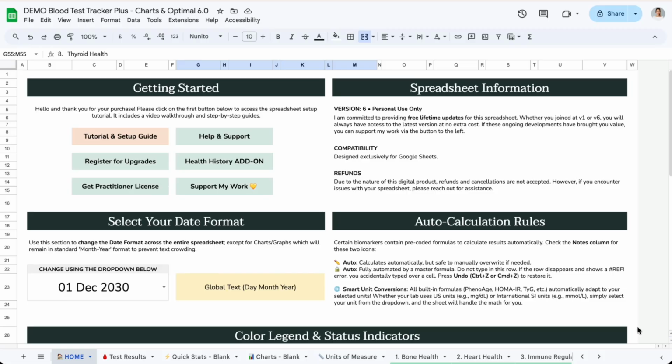So to begin, this is your Home tab where you'll find some important links here on the left. The most important of all of these is the tutorial and setup guide, so that anything that may not be discussed in this video, if you have any questions or you're looking for information on how to do certain things that I don't discuss now, you can go to this website and hopefully find the information you're looking for there. And if you don't, you can always click on the help and support button, which will take you to my